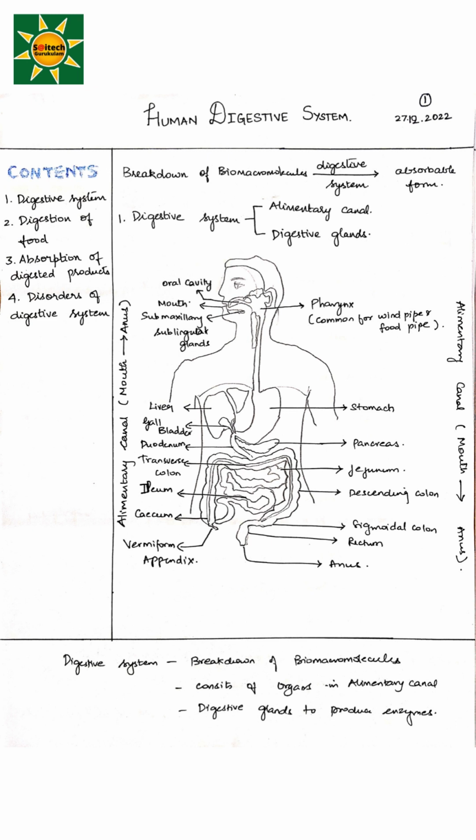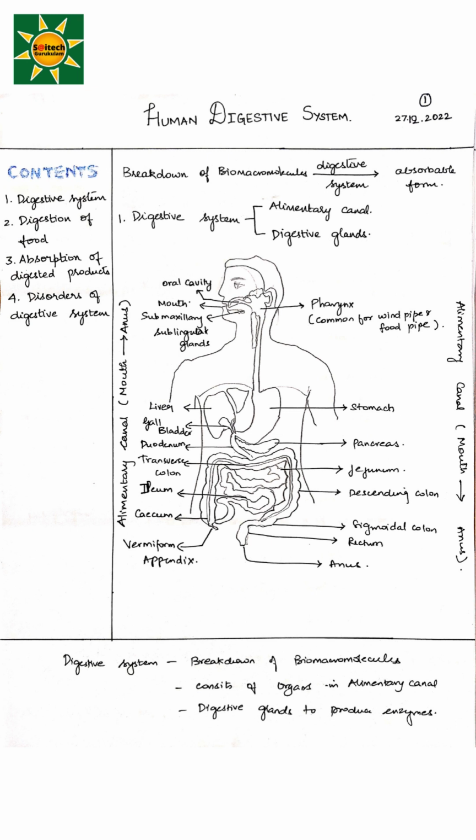So digestion is basically the breaking down of the complex macromolecules to the absorbable form. It consists of the alimentary canal from the mouth to the anus and the associated digestive glands. The alimentary canal starts with the oral cavity in the mouth, in which we have the teeth and the tongue. This is followed by the pharynx, which is a common space both for the windpipe and the food pipe. The food pipe then leads to the